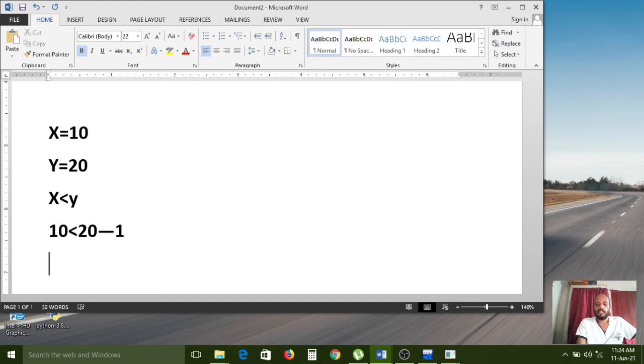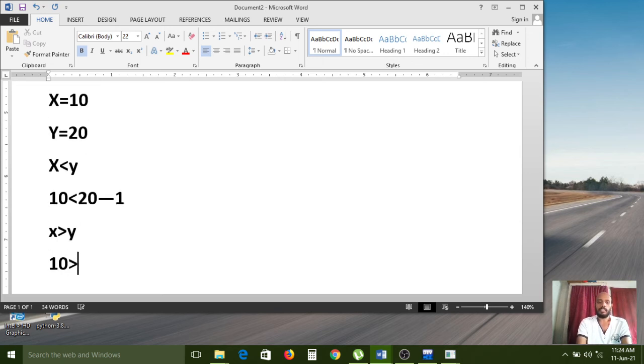Next, now I want to check which is the biggest value. x greater than y, so it is replaced with 10 greater than 20. Is 10 greater than 20? No. So it will return 0. The condition is false. 10 is the smaller number and 20 is the bigger number compared to 10.